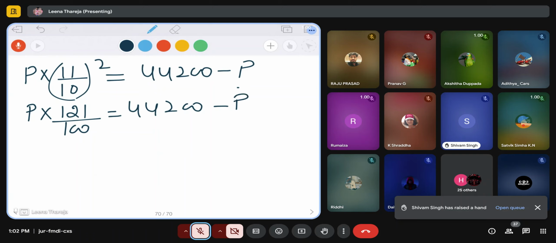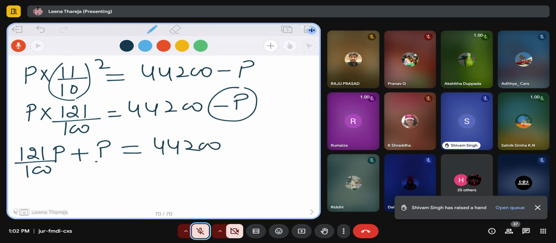Now again this is a P minus P. Can you shift the P to the other side? It becomes plus P. It is just simplification like we have done previously also this type. Done till here? Yes, ma'am. Can you wait? Yeah.